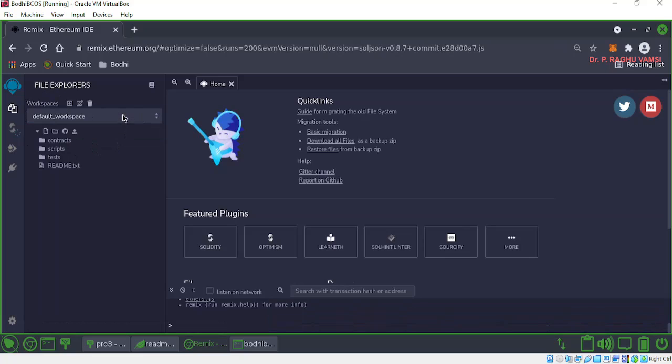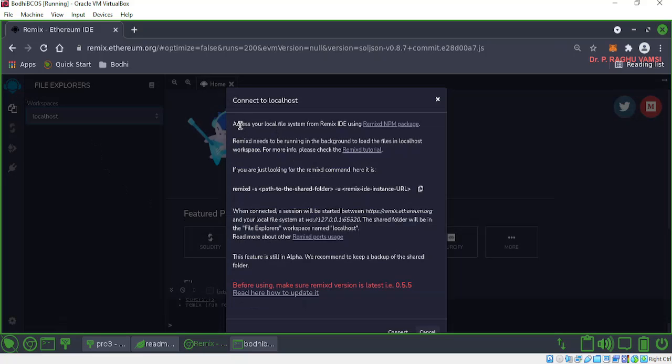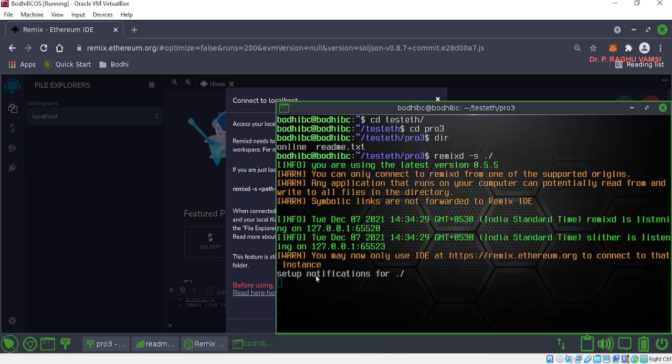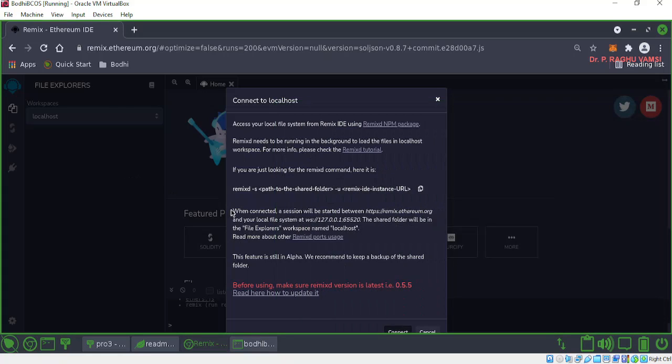Under the workspace, choose connect to the localhost. It will ask you to allow access to the local file system from the Remix IDE. So connect it. Once it is connected, this folder will appear here.